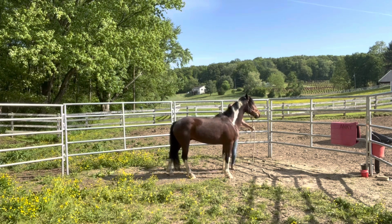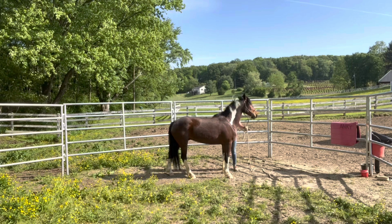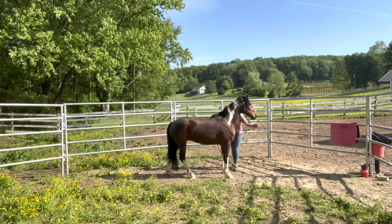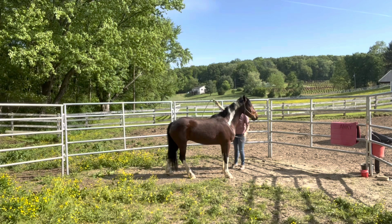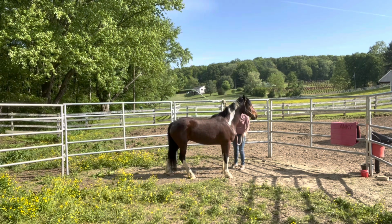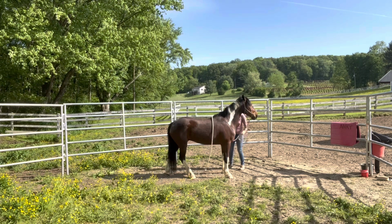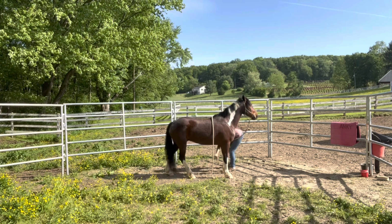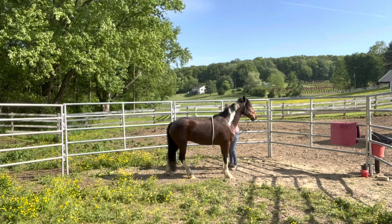So again, just extra desensitizing, which he needs a lot of. He's just a very sensitive horse naturally. And then with his past traumas and abuse, he kind of takes it to the extreme. So back to tossing the rope over, and then you'll see me actually reach under and grab it, and kind of tighten it